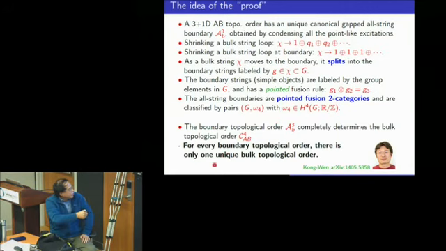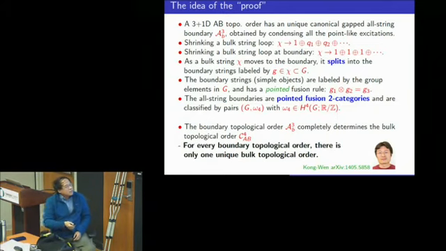And actually there is a relation between the boundary topological order, which is anomalous, and the bulk topological order. Every boundary topological order corresponds to a unique bulk topological order. There could be several different anomalous boundary topological orders corresponding to the same bulk, but once you determine the boundary, the bulk is uniquely determined. So the fusion 2-category describes boundary strings, but once the boundary is fixed, the bulk is uniquely fixed. That's why we use a boundary theory to classify bulk theory.